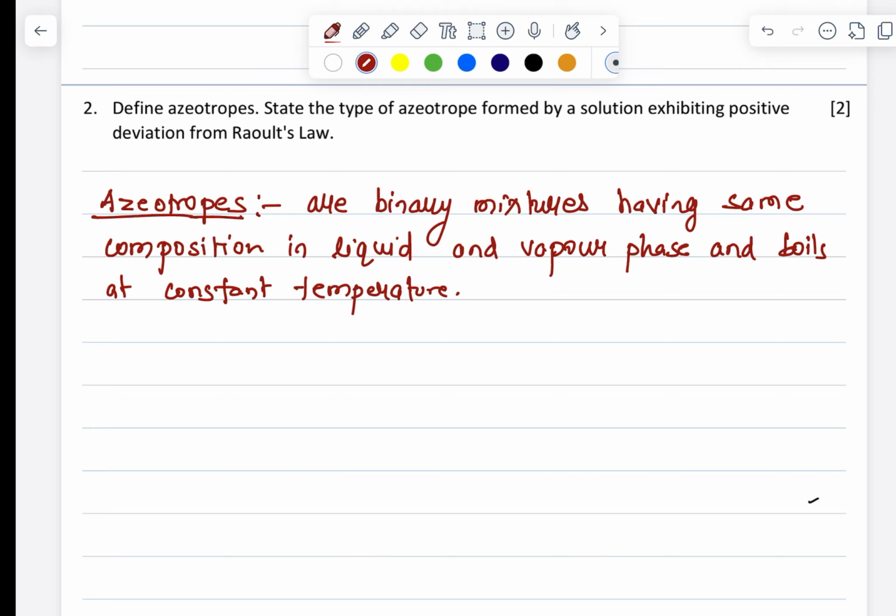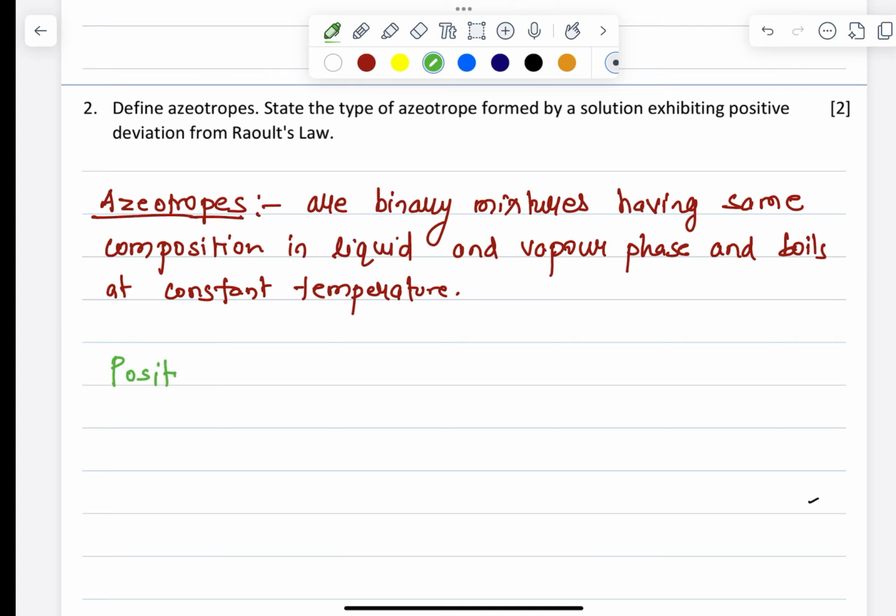Since this is just a Goa board paper and PYQs, I'm not going to go into depth of what exactly azeotropes are. This is the definition which is expected. The question is for 2 marks. And the second thing asked is the type of azeotrope formed by the solution exhibiting positive deviation from Raoult's law. Always understand, positive deviation from Raoult's law,